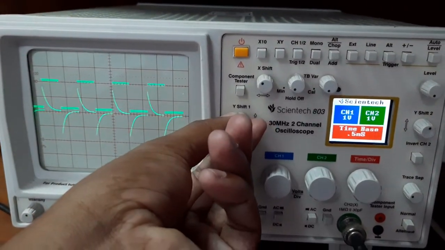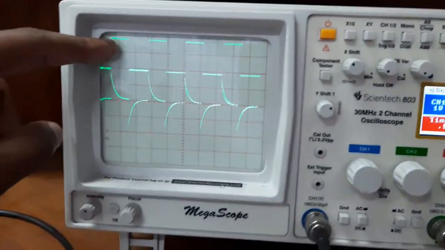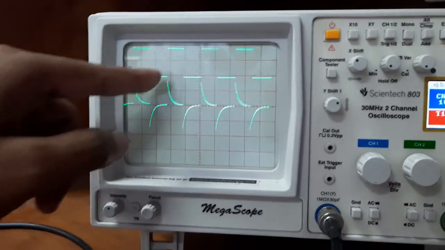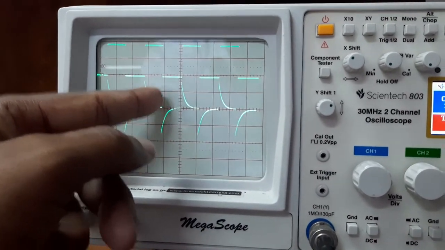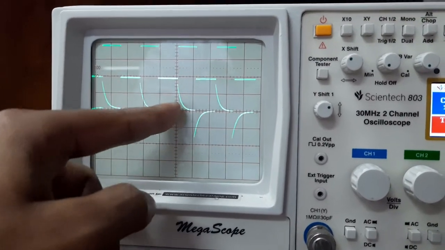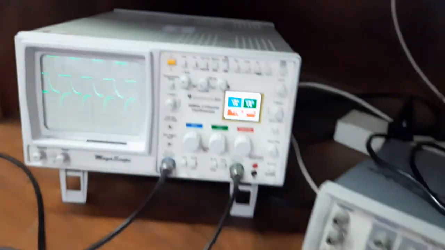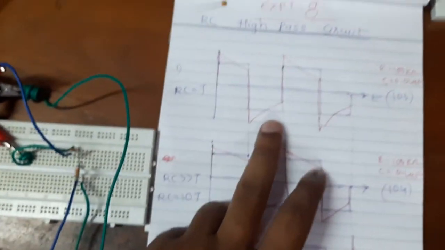Now I will just show you this. This is the input, square wave input, and this is the output. This is the square wave over here, and you are getting a perfect spike. For this part of the input waveform, you are getting a negative spike. So it is acting exactly as a differentiator. Now we'll take this case.